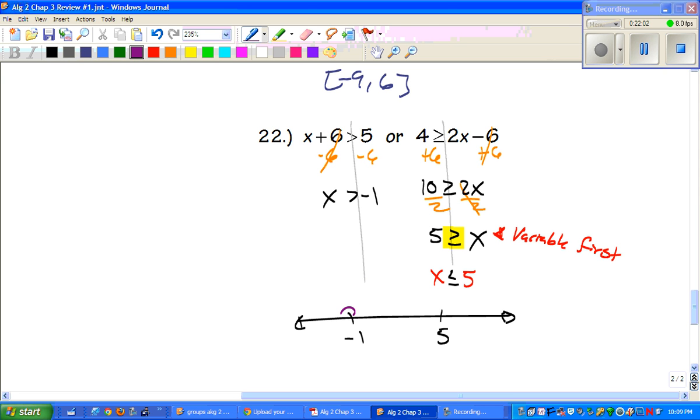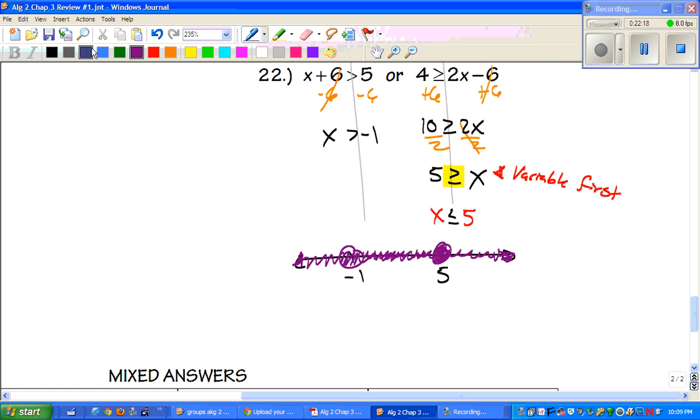The first one is saying x is greater than -1, but then x is less than or equal to 5. And what ends up happening is everything gets shaded in, so writing that in interval notation, -infinity to +infinity,